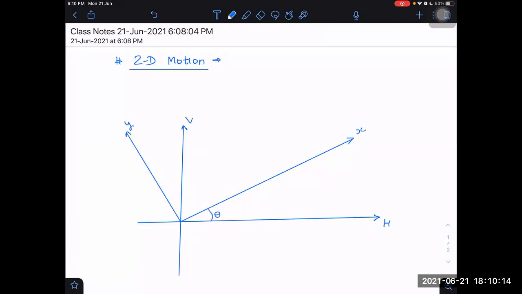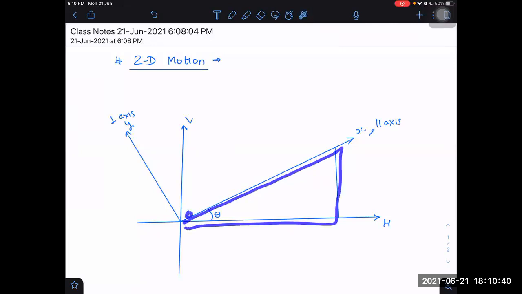And the axis which is along the inclined plane, I'm writing as theta axis. Sometimes I call it the parallel axis because it is parallel to the inclined plane. And the y axis I can call the perpendicular axis because it is perpendicular to the inclined plane. This x axis you can consider as the inclined plane. You can assume there is a wedge here. Wedge, you know what is the meaning of wedge? Yes, some inclined plane like this. From here we are projecting the particle and that is falling on this somewhere. That is the situation. So this is making theta angle with the horizontal, right?